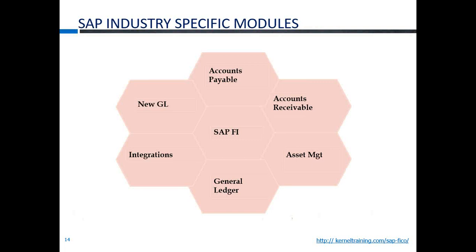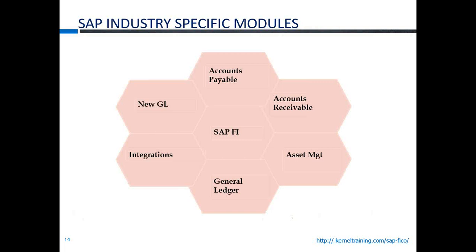Coming to general ledger, you all know how important the GL is for any organization or any ERP or system. They concentrate more on the general ledger account. The GL account is maintained for each and every module, like accounts payable, accounts receivable, or asset management. It covers the GL account balance, how you do the month-end processing for the GL to be closed, and how you capture the GL account amount into your financial statement. Everything is dealt with in the general ledger account, and it is also a big topic which will be discussed in our sessions later.